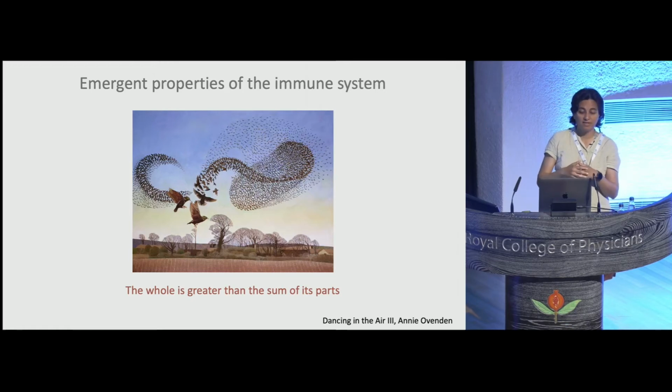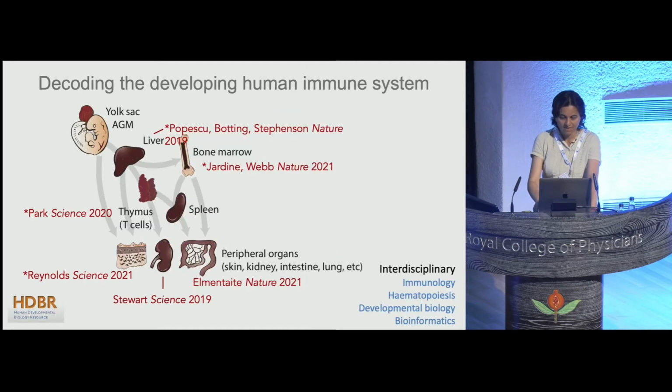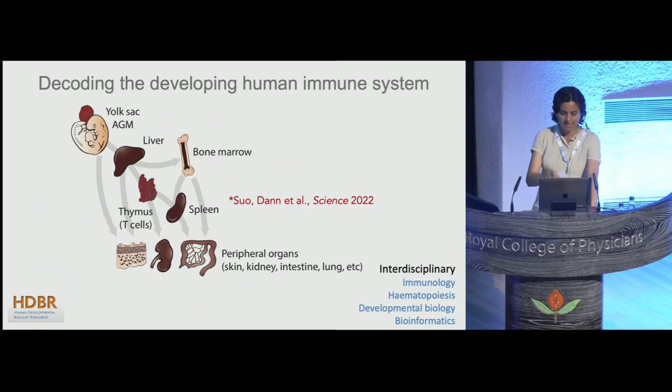and begin to see the whole as being greater than the sum of its parts, and beginning to appreciate the emergent properties that you wouldn't otherwise see if you were to just analyze a few cells or distinct lineages. And this is very much a work that has been brought together by individuals from many disciplines, not just my group, involving immunology, hematopoiesis, developmental biology, and computation. And as I mentioned earlier, this is the final manuscript that tries to integrate all of that information, which we